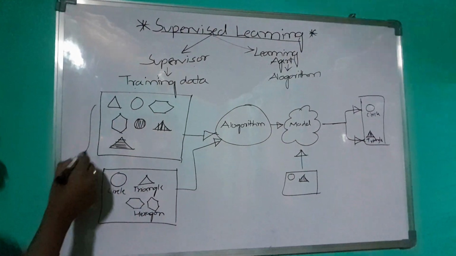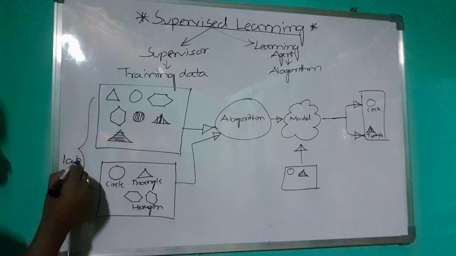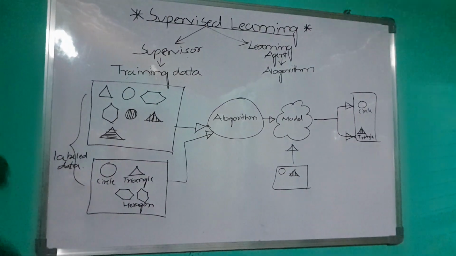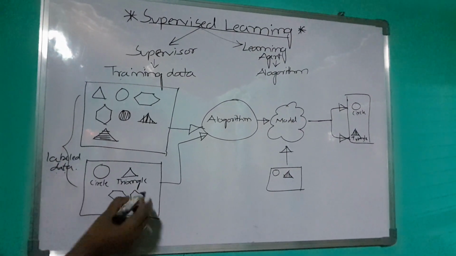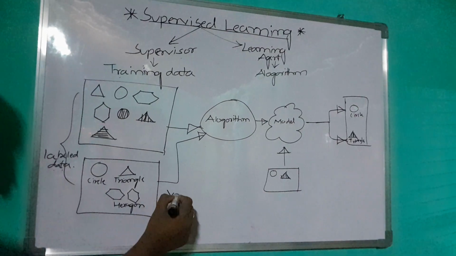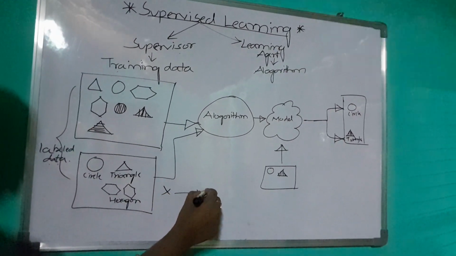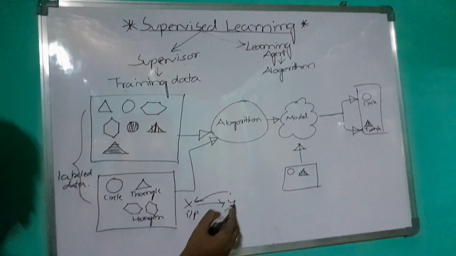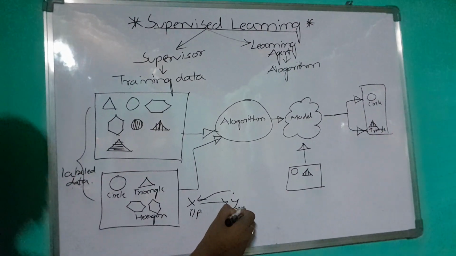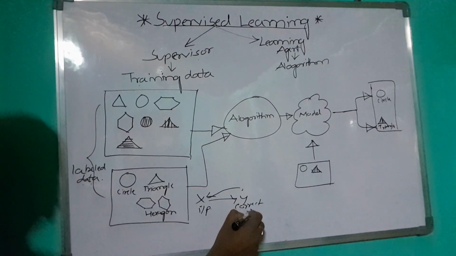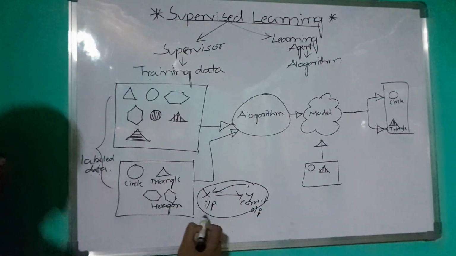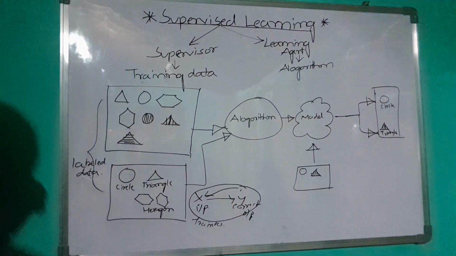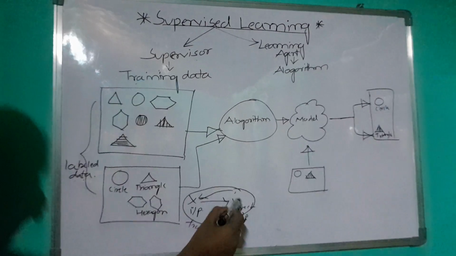Here we provide labeled data as training data. Training data is labeled data. What is labeled data? For example, x is input and y is output of this input. Here we are mapping correct output to input and giving this as training data to the model, to the algorithm, so that it can understand what is correct